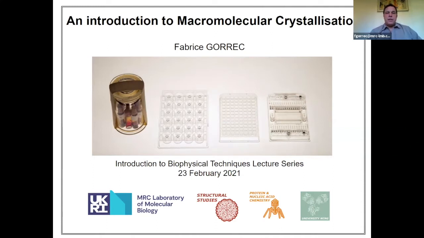Next to it, you have a plate which represents the beginning of pipetting, basically mostly manual. I think this plate was from the late 80s, and you can see now we proceed with drops. They are pipetted in the plate. Now the scale is a few microliters per experiment. And then the third plate